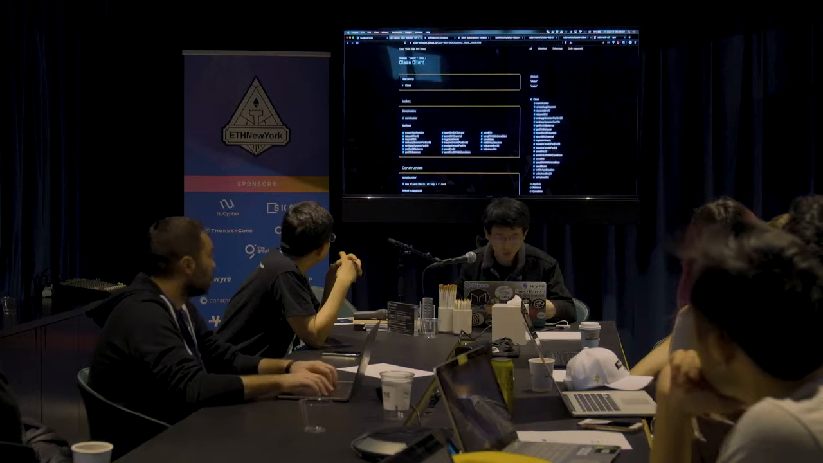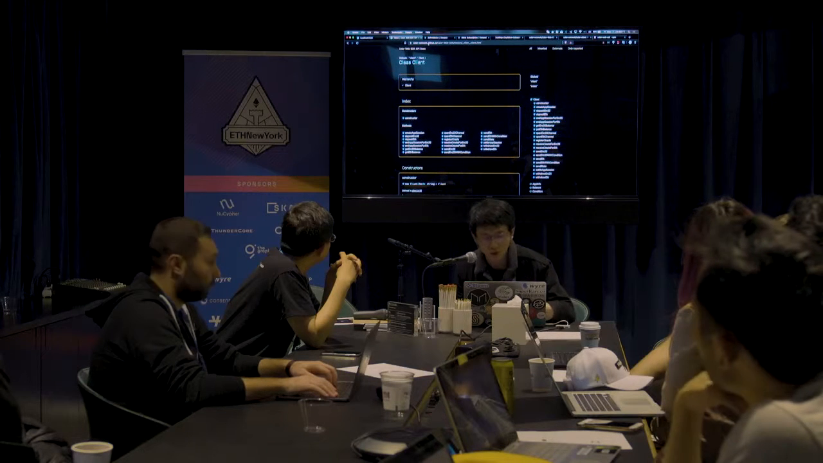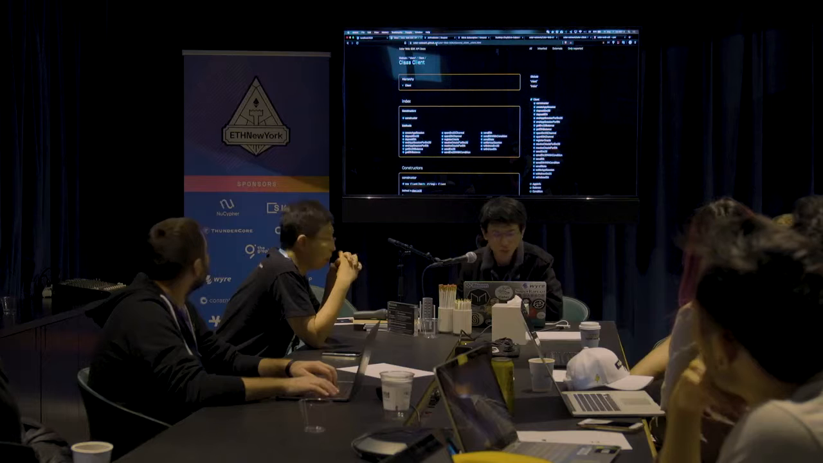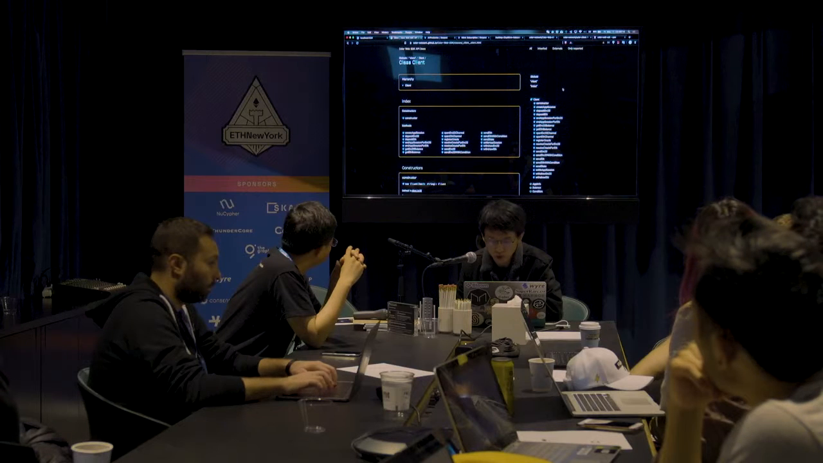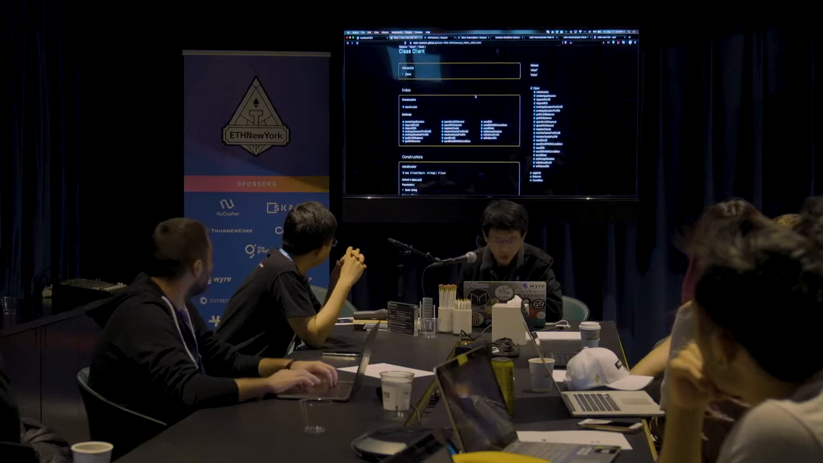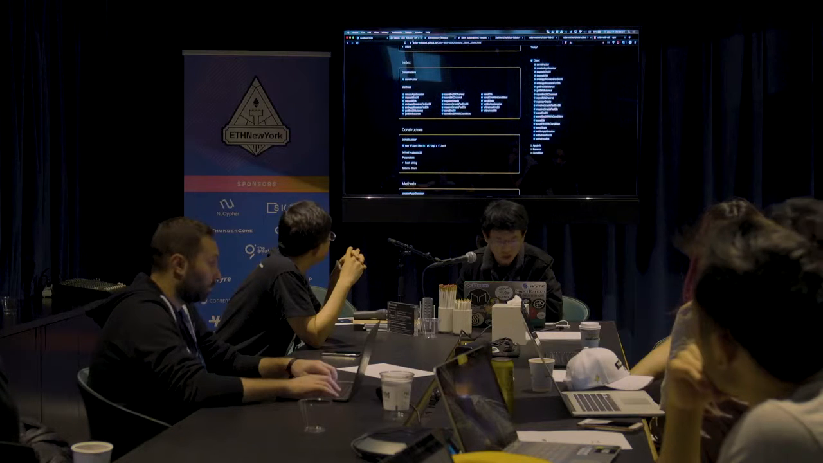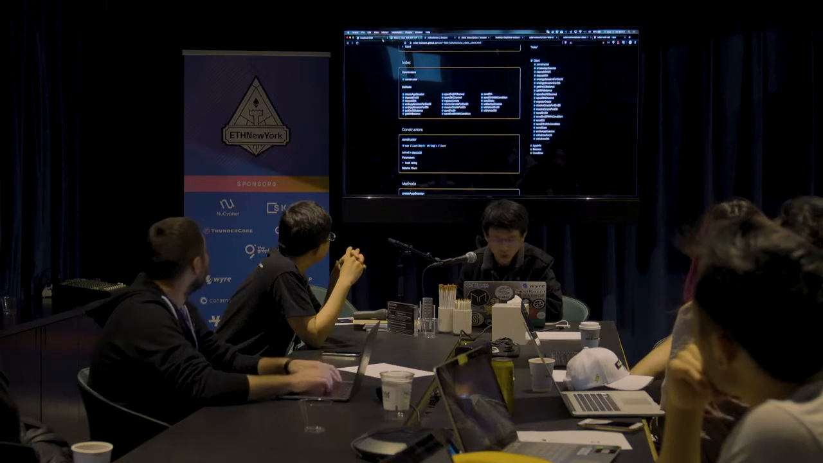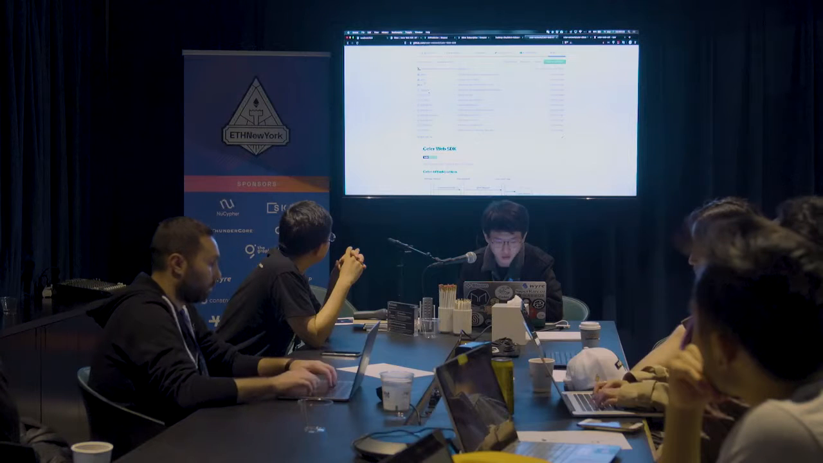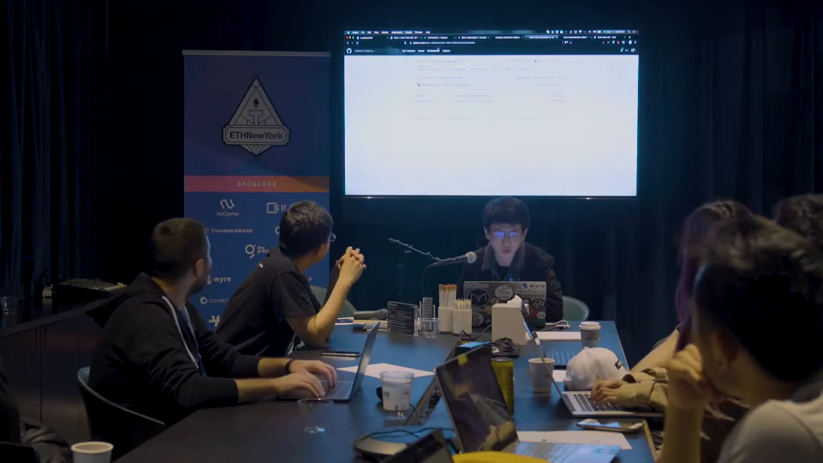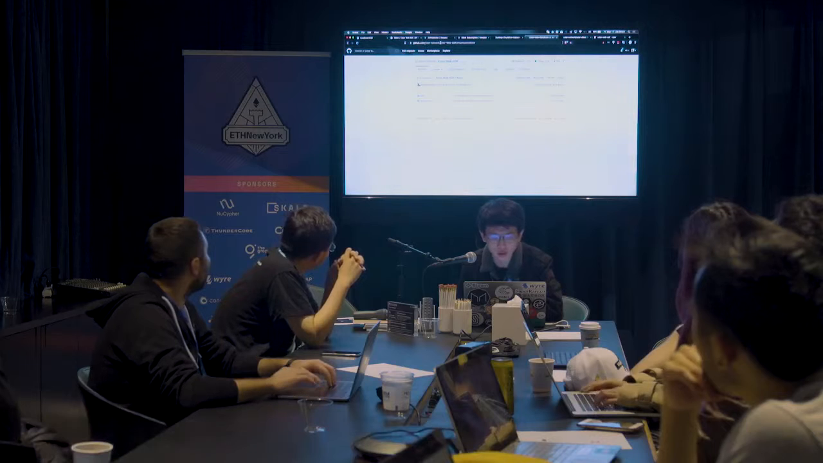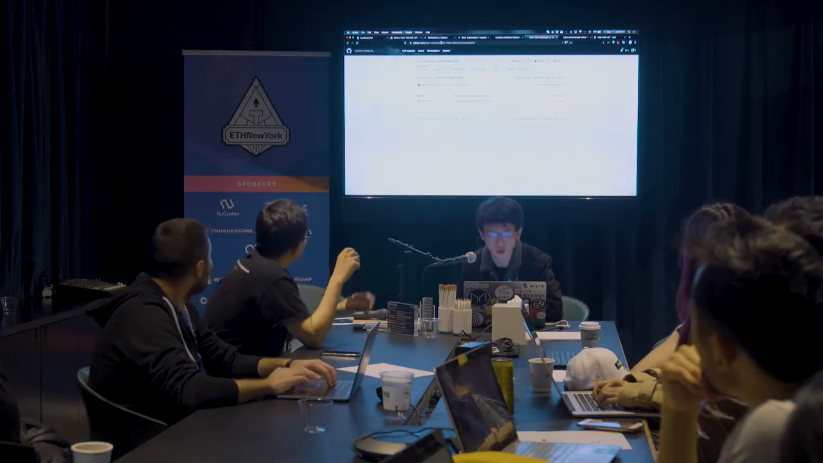Okay, so if you go to celer-network.github.io, that's where all our documents are. I'll just go through a simple demo here. And if you go to github.com/CelerNetwork and search for the Celer Web SDK,